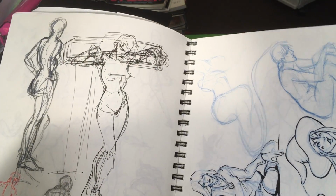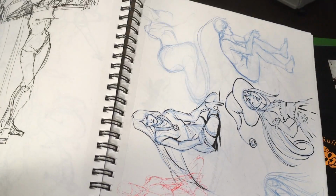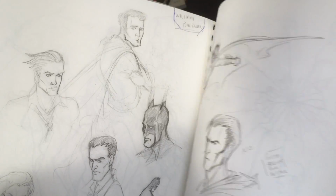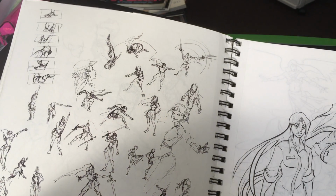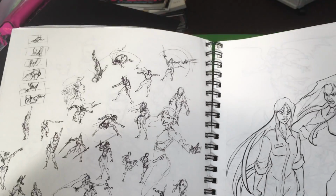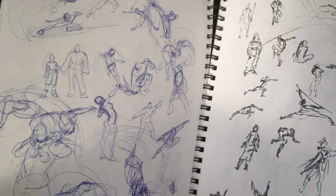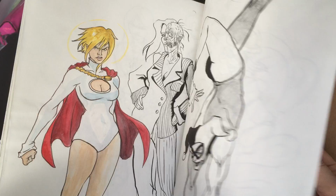So this is a lot of life drawing that I was doing, and then I would take life drawing poses and turn them into something else. I'm going out and doing animal drawing. And these little guys, I love these, and I show you guys how to do these all the time, but I would fill pages of just these kind of sketches, and it's such good practice. And just like, see, more of them. I love them. They're so great, and they're so helpful,